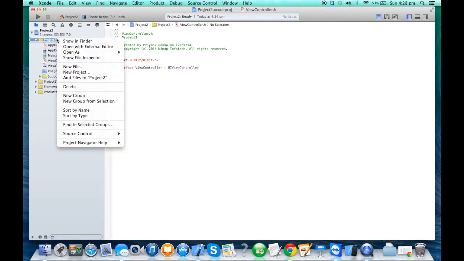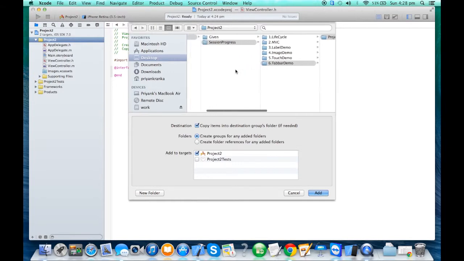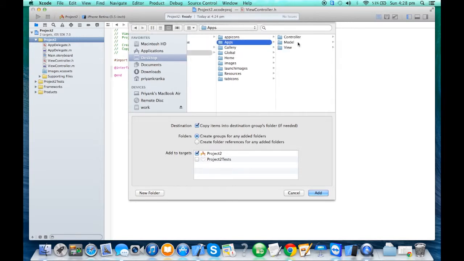Now when I go to a multi-controller environment, I try to create folder structures so that it becomes easier for me to manage the code. When you go in samples, you will find there are folder structures which were created. Each folder structure has model, view, controller. So each section can be an MVC within itself. In order to segregate code properly so that management of the project becomes easier, we divide each section in